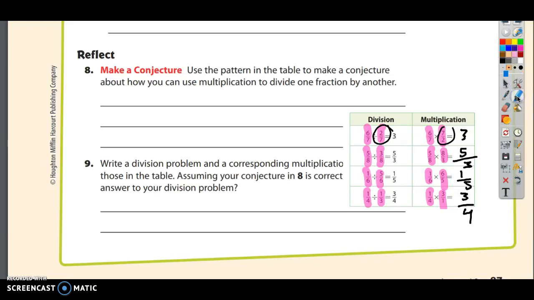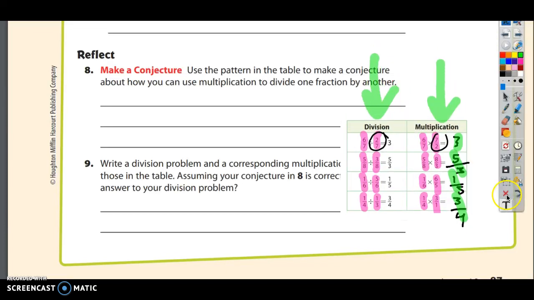All of these problems in this column, I'm going to switch to green, are division, and yet all of these problems in this column have the same answer. I got 3, I got 5/3, I got 1/5, and I got 3/4. And so what we are trying to get you to summarize here is that you can, I'm going to write, instead of dividing fractions,